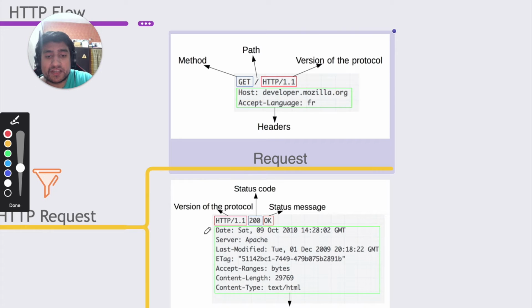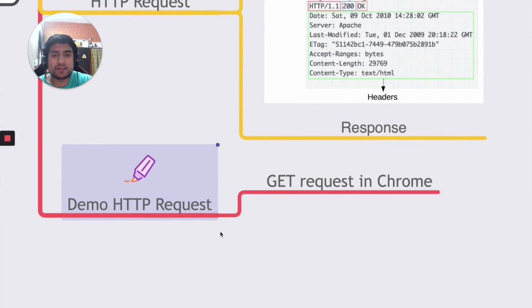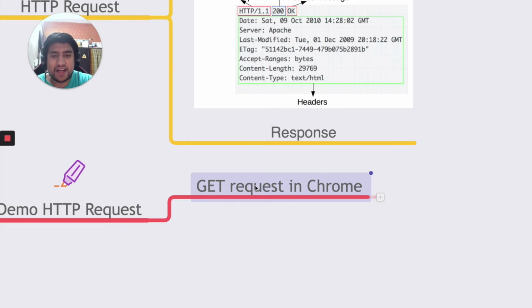Similarly, what you have received in response, we have protocol, we have status code, and further information from the server telling us the content type. I am giving you text HTML, please render it. So the browser will understand it and render your index page, right? I hope you have understood this. All right, so let's see a demo, especially.